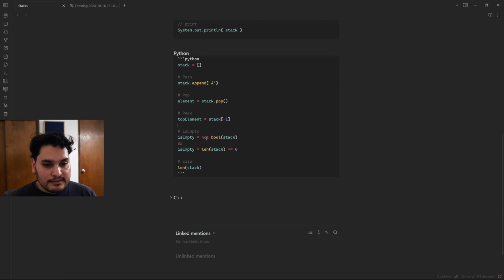Is empty is also kind of weird. You could do bool stack, and this will tell you based on the size. So if the size is 0, then you return the opposite so that it is empty. If it's not 0, then